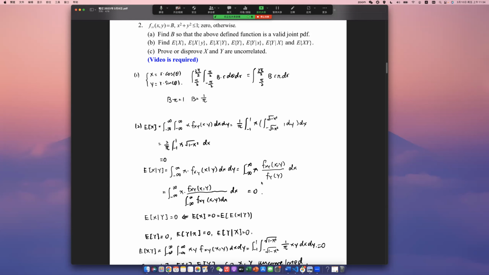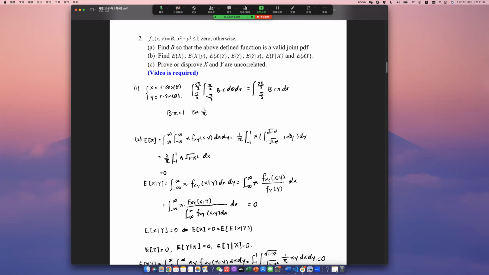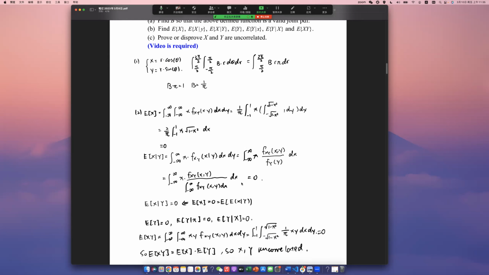So we also know that the expected value of y should equal 0, and then we know that given x, the expected value of y should also equal 0, and given big X, the expected value should be 0 as well. And then we calculate the expected value of xy,